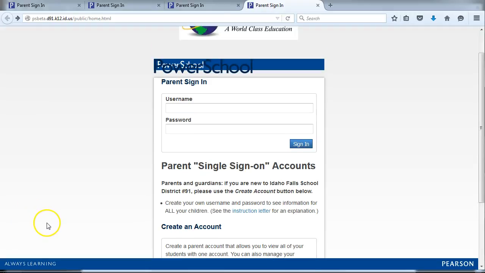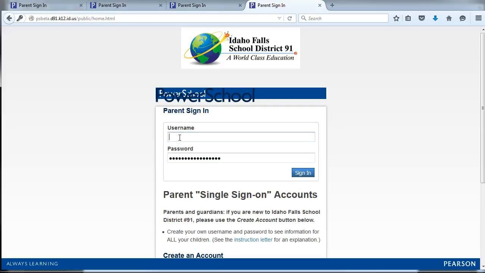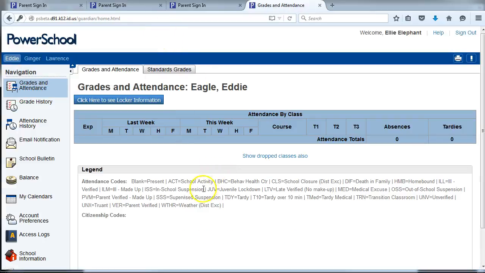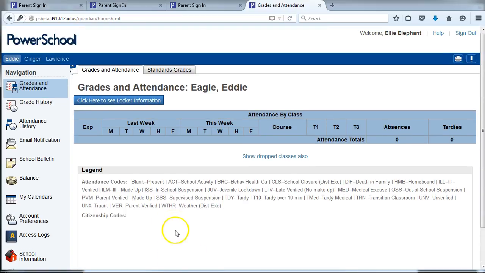Once you click enter, you'll see that it takes you back to the parent sign-in page. And here on the parent sign-in page, you can log back in. So we'll go ahead and do LE Edgemont, and then our password we used was Edgemont, and we'll log in. We don't want to remember the password, so we can click that there. And now this will give you access to all of your students' grades as they are entered in Powerschool and